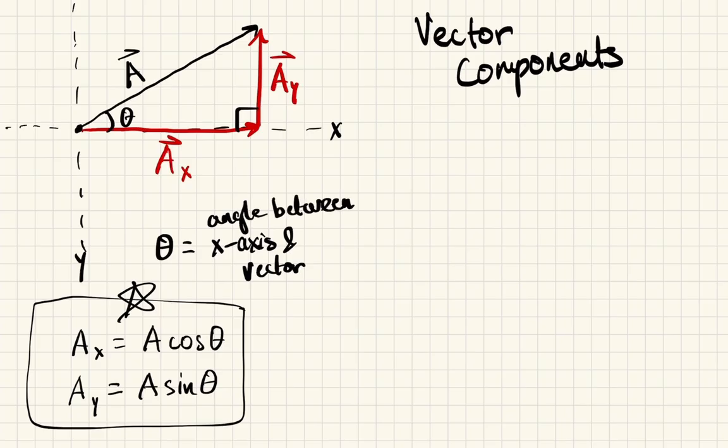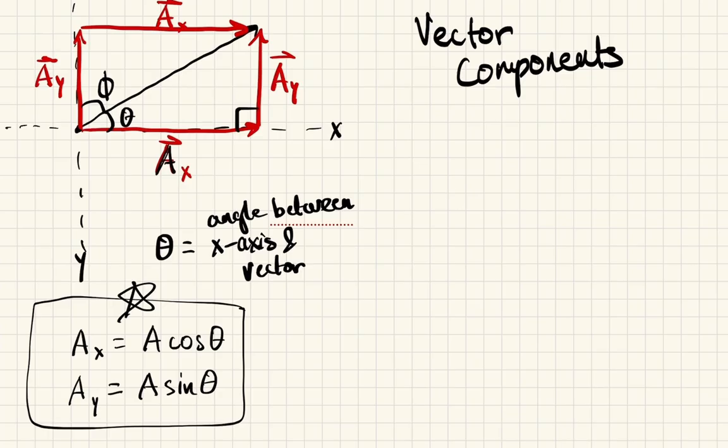Because let's say that instead of the angle between the x-axis and the vector, you used the angle between the y-axis and the vector. So that would be this angle here, and let's call that phi. Let's say you use this angle phi here. Well, in this case, you could still find the same x component of the vector a and the y component of vector a, but our equations would look a little different. And the reason for that is here,